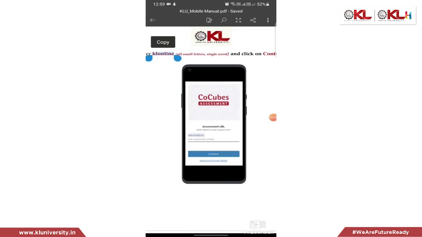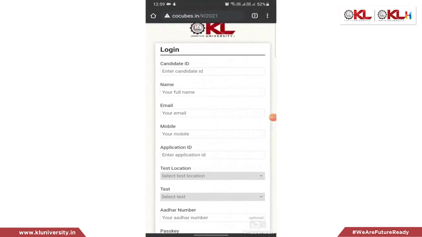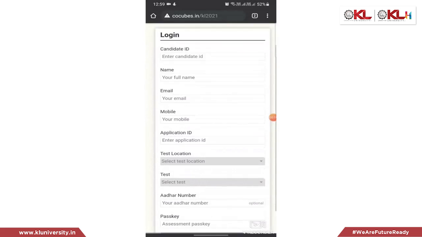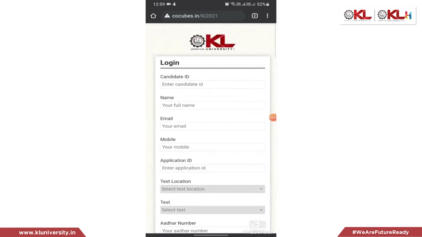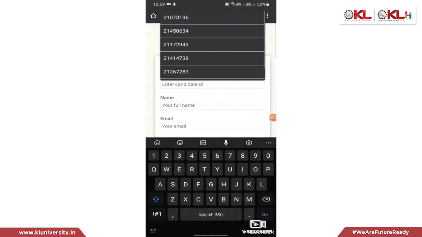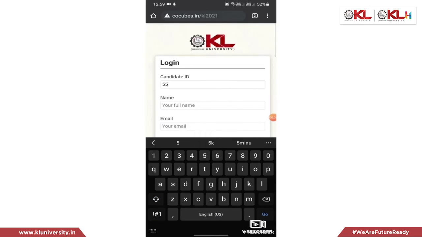As given in the instructions, type KLONLINE in the assessment URL. So, after typing this part, click on continue. Now you will get this kind of page. So, this is the home page of your assessment dashboard. Here you have to give your candidate ID. So, my candidate ID is